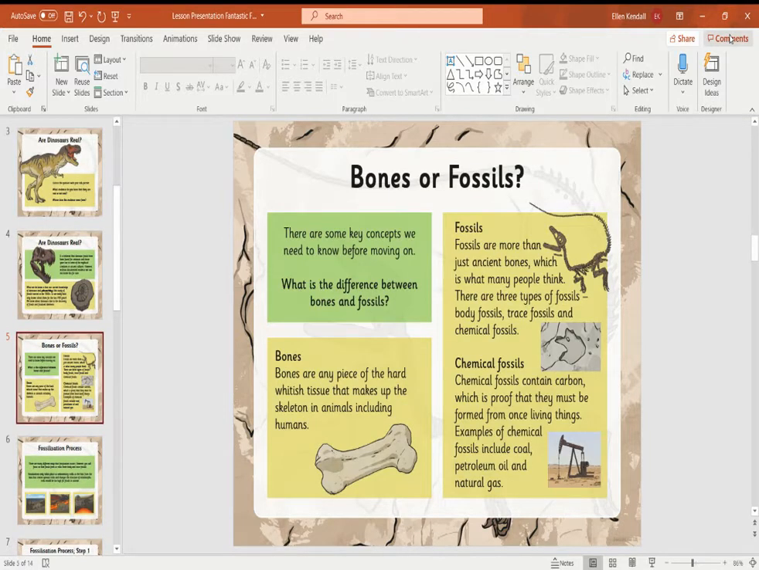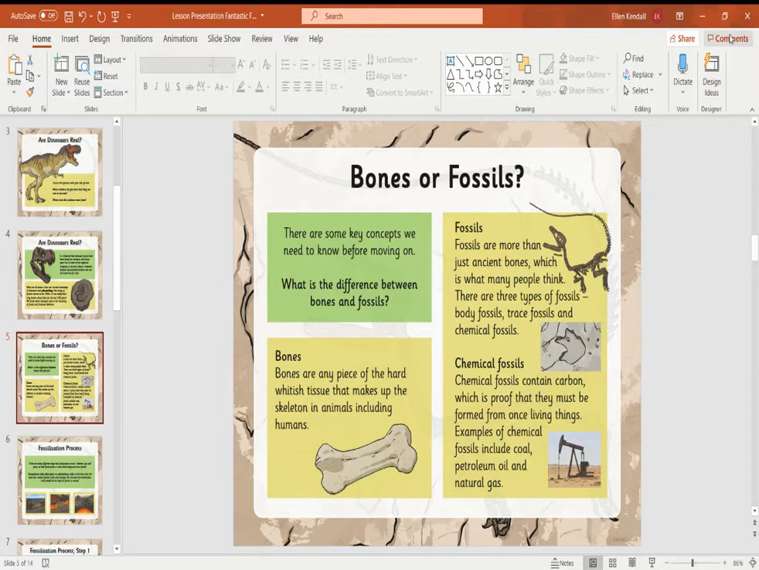Okay, so we're going to talk about the difference between bones and fossils. There's some key concepts that we need to know before we move on. Okay, so bones. Bones are any piece of hard, whitish tissue that makes up a skeleton in animals, including us. So we've got bones all the way through our bodies. The fossils are more than just ancient bones, which is why many people think